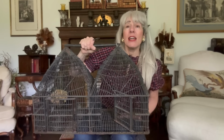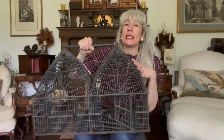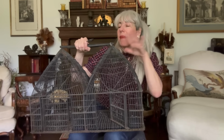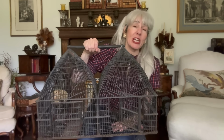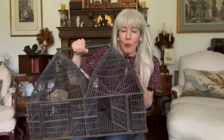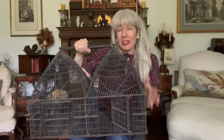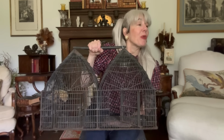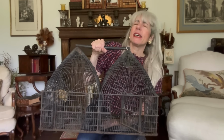I have seen a larger version of a cage like this in an antique shop. Anyway, I've always admired this particular design. I don't have it in my collection, and you guys know I pick up a lot of bird cages, especially the metal ones. And it's heavy, it's beefy. My very first double bird cage. I know what you're gonna say. Heather, I thought you were gonna stop buying big items because you have a little house. You're right. But for some reason,